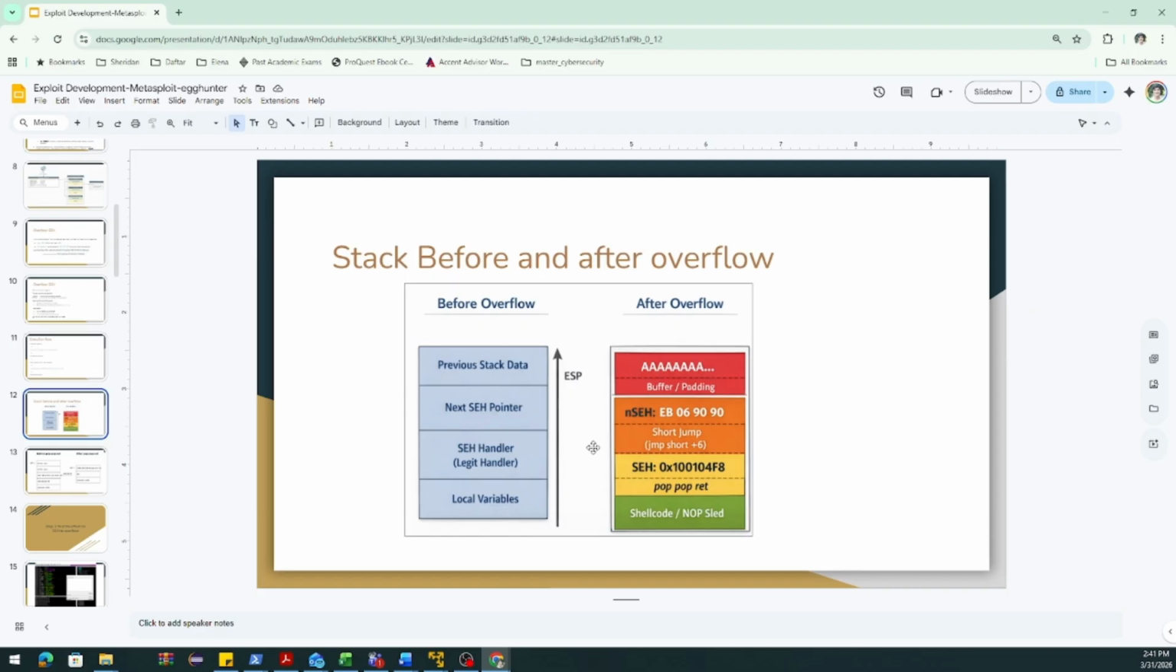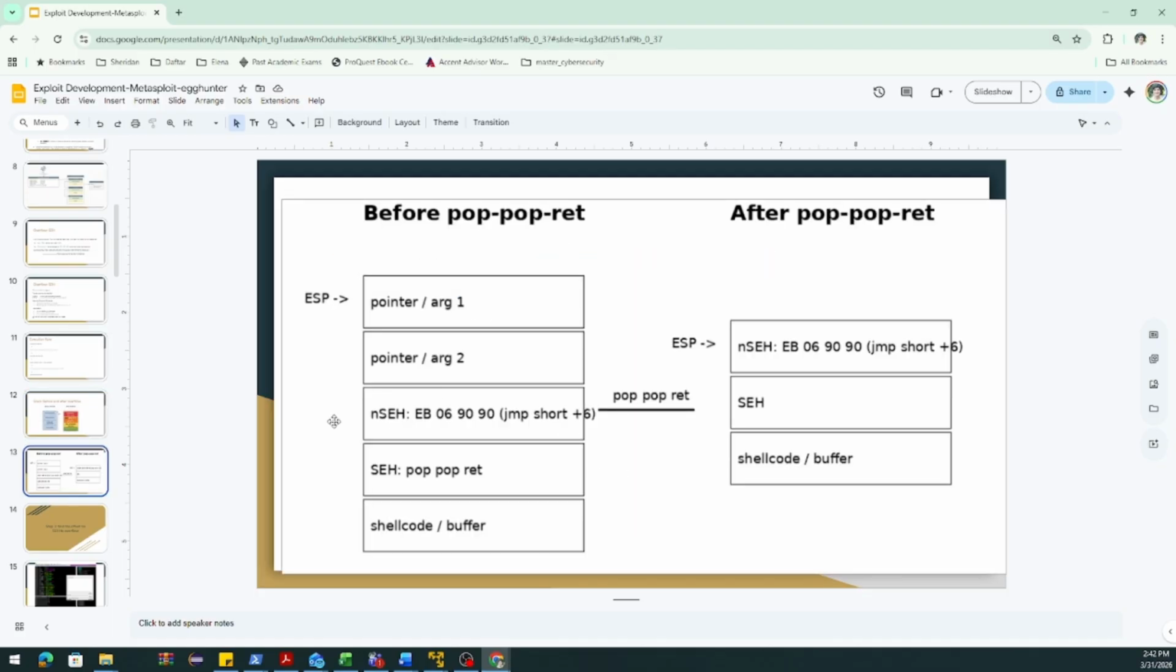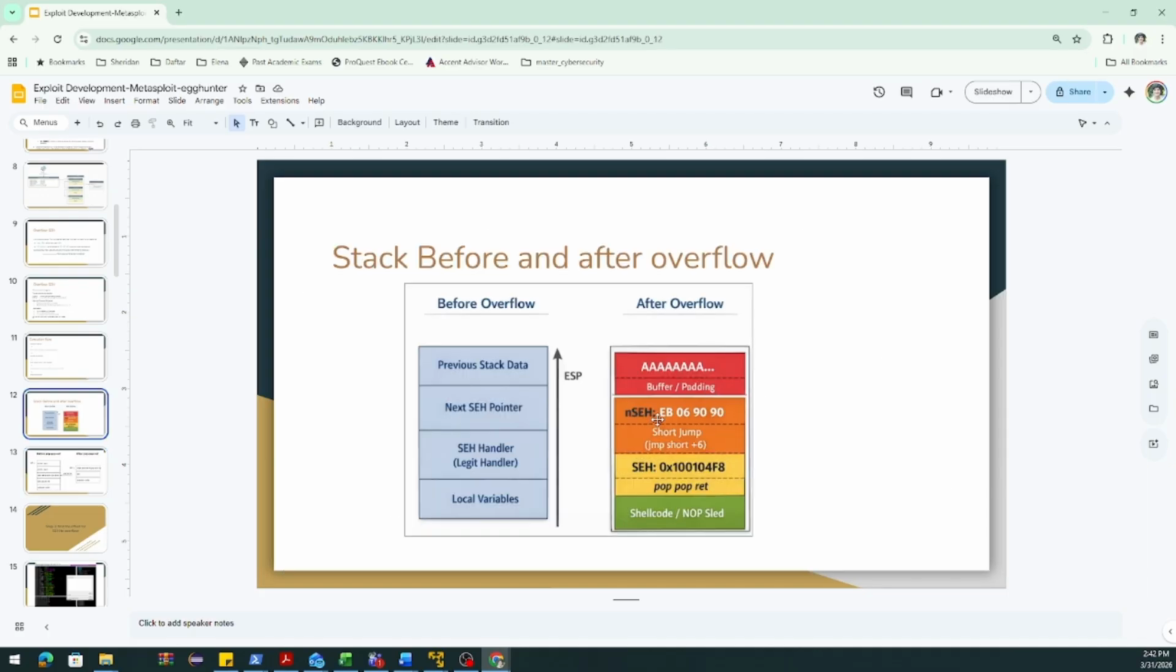To have a successful execution of a shellcode, we can put an SEH handler to point to somewhere in the memory that has the code pop pop return. And why we have this: pop pop is going to pop the arguments, and when it returns, it's going to return to where the top of the stack is showing, and that points to the next SEH. There we can rewrite it with